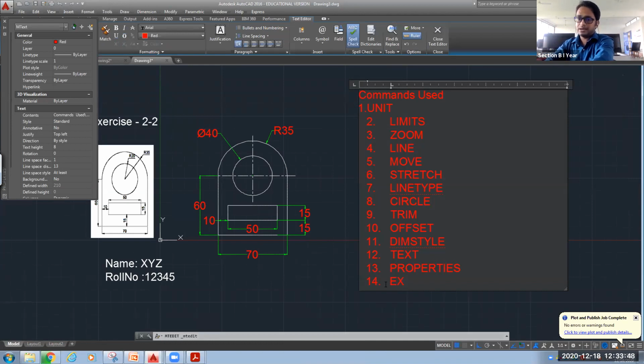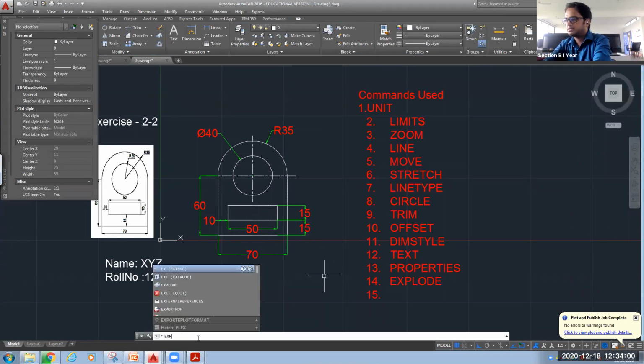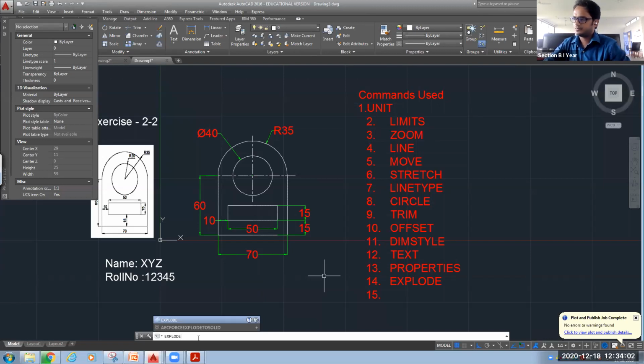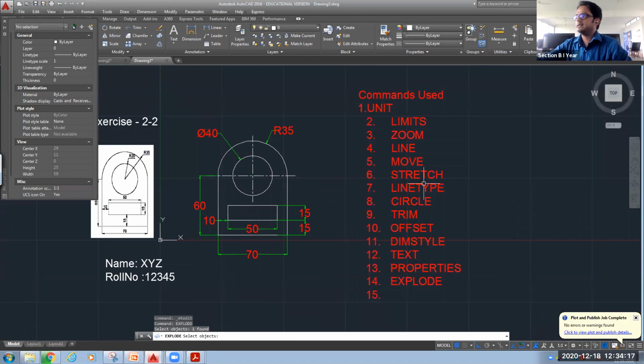Explode, so that you can clearly see this. EXPLODE. This is the command that I am going to use. Let's type it in the command line. Explode. Press enter. Now it is asking to select the object which you want to explode. I want to explode this entire text that I have written. Let's select it and press enter.